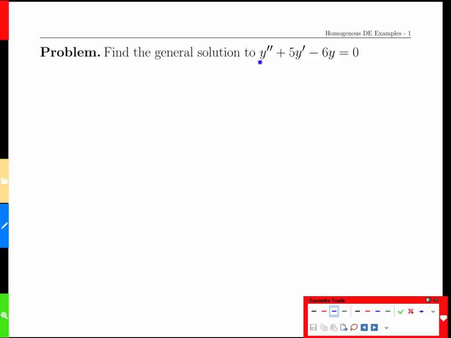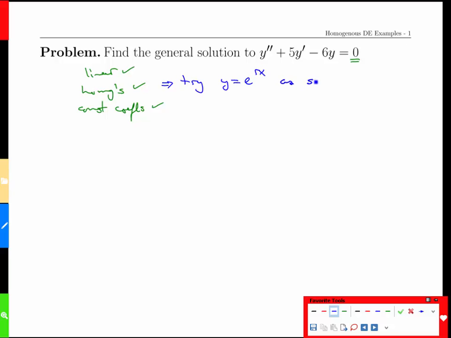We're now going to face our first from-scratch solving process for a second-order differential equation. We're going to see how straightforward this is. We're asked to find the general solution to y double prime plus 5y prime minus 6y equals 0. So first checklist, linear. Check. Homogeneous. The right-hand side is 0. Check. And coefficients are constant. Constant coefficients. Check. So what that means is we can try y equals e to the rx